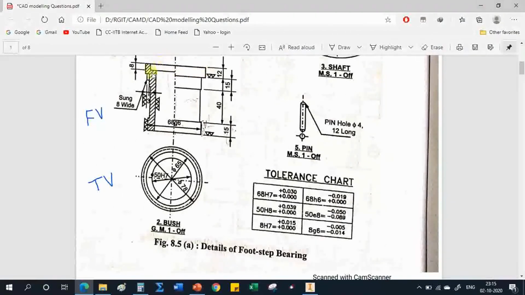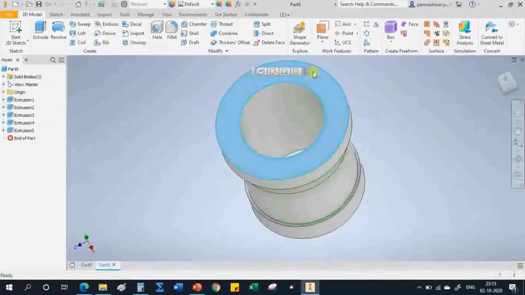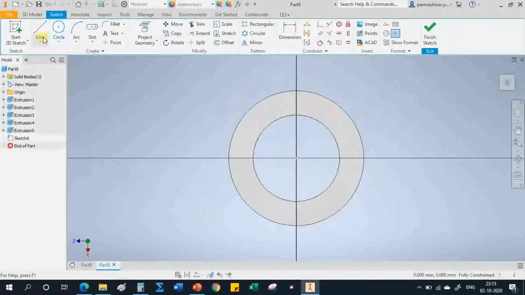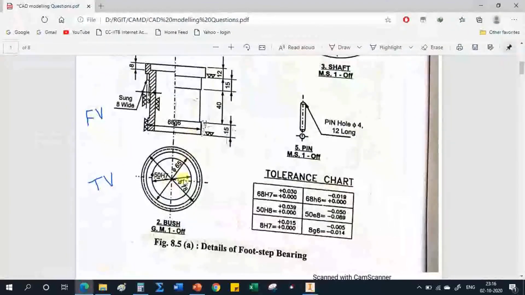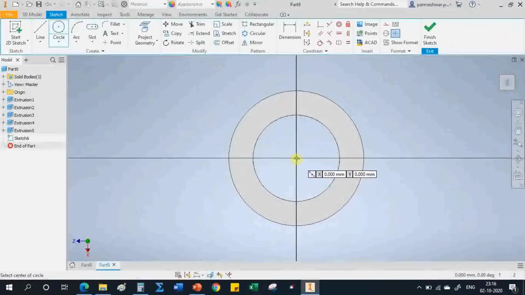There is again a 65 mm hole up to a depth of 8 from the top side, right. So select this face, create sketch, the dimension is how much? 65. Okay, so circle, then 65,